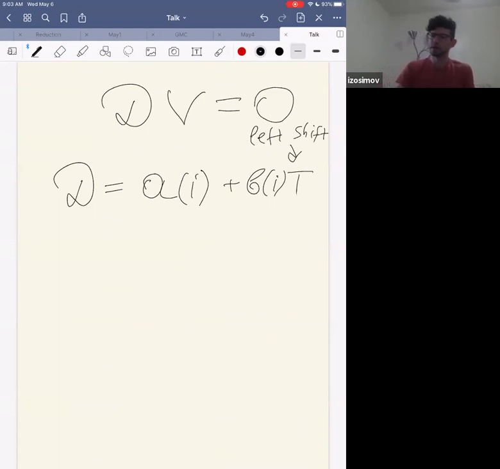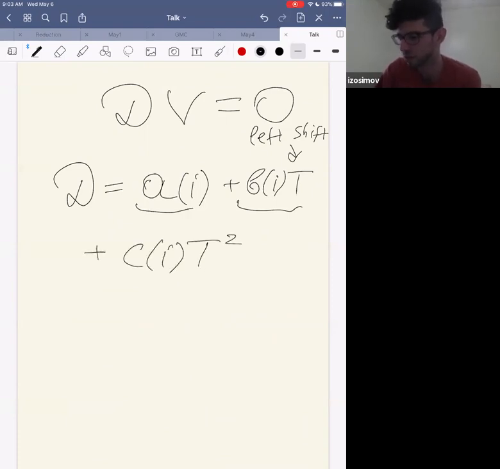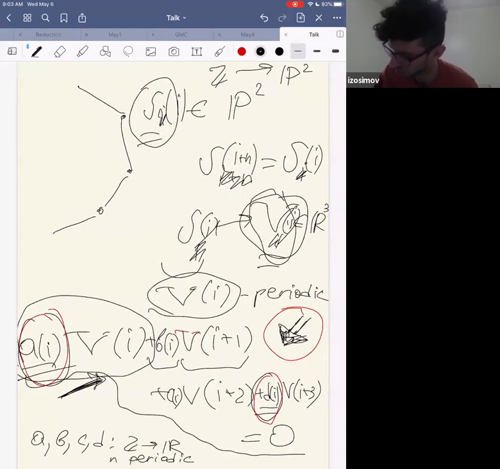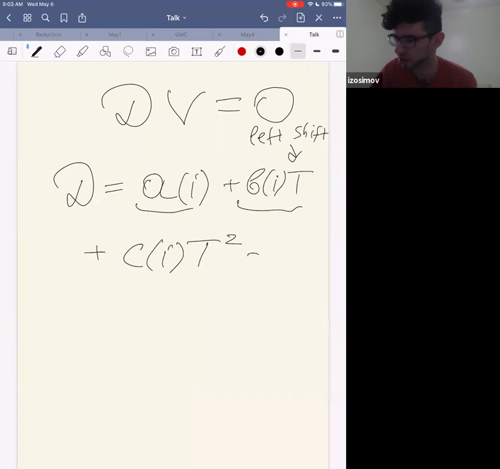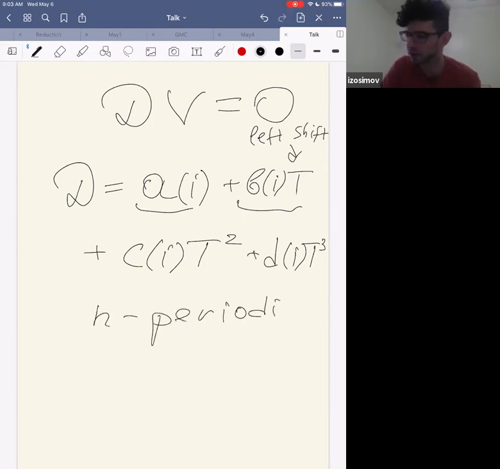Okay, so we have a of I plus b of I t plus c of I t squared, because that corresponds to our third term. And finally, the last term is d of I t cubed. And this is an operator acting on functions on Z, and we consider everything in the periodic setting. So here, the coefficients of this operator are periodic. So we can call this n-periodic difference